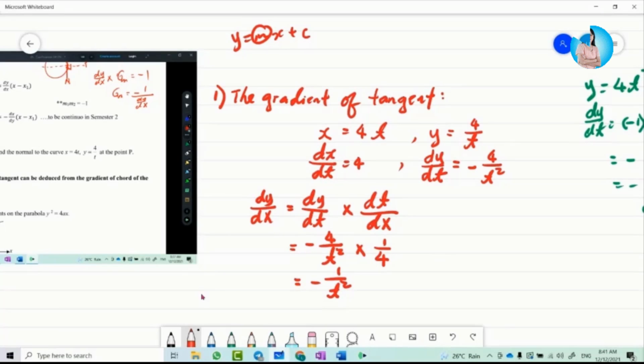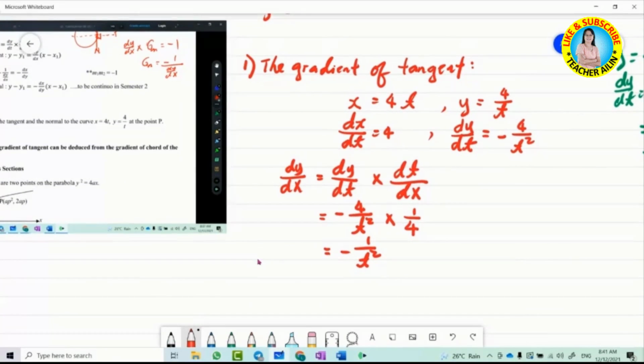Okay, so this one is the gradient of the tangent. But lah you kena sangat berhati-hati ya. If the question never mention anything, gradient of tangent, you put it in term of t. But some of the question there was special mention, find the gradient of tangent in terms of y ke, in terms of x ke. Then in this case, you have to substitute t either with x or either with y. If the question say in terms of x, you substitute dengan x. If the question say in terms of y, then you have to substitute, tukar. Inilah you tukar. Faham tak?